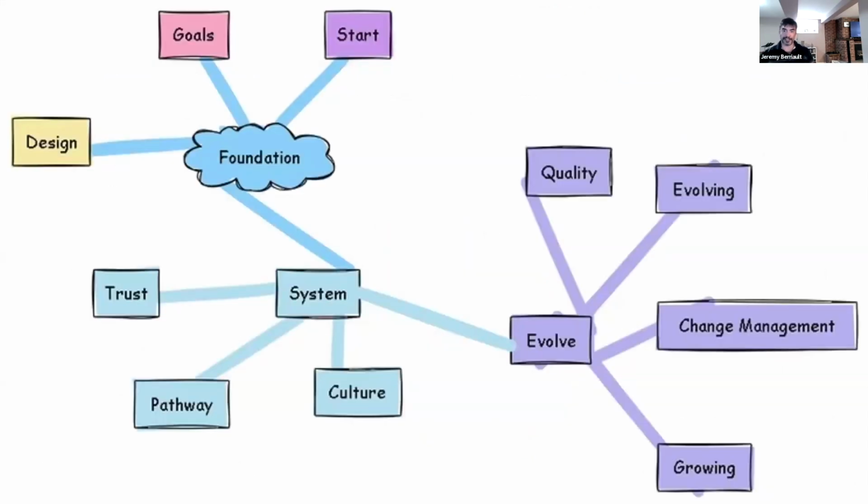So the book itself is broken up into three parts. The first part is the foundation. The second part is system. And the last part we call evolve. Initially, when I wrote this book, there were just 9 chapters. Then my poor editor was screaming and yelling at me when I told her, I think we've got to add another chapter at the end just to make a little more sense. That's why the evolve piece has 4 chapters. The new piece I added was change management.